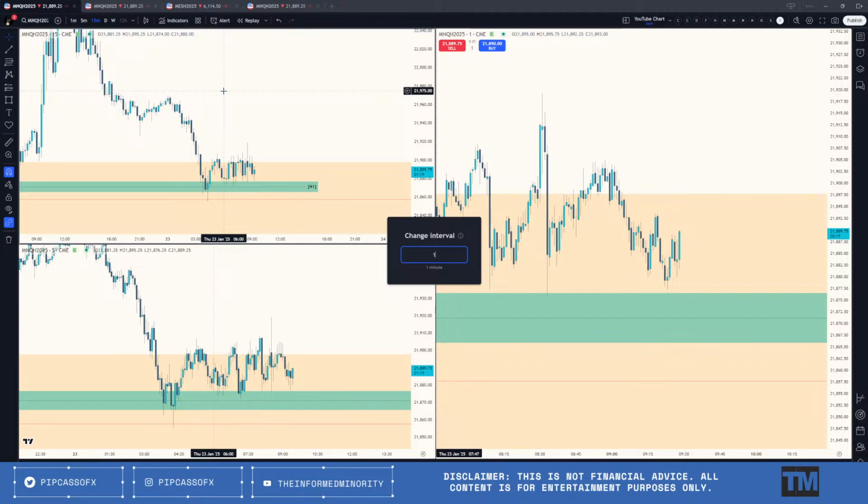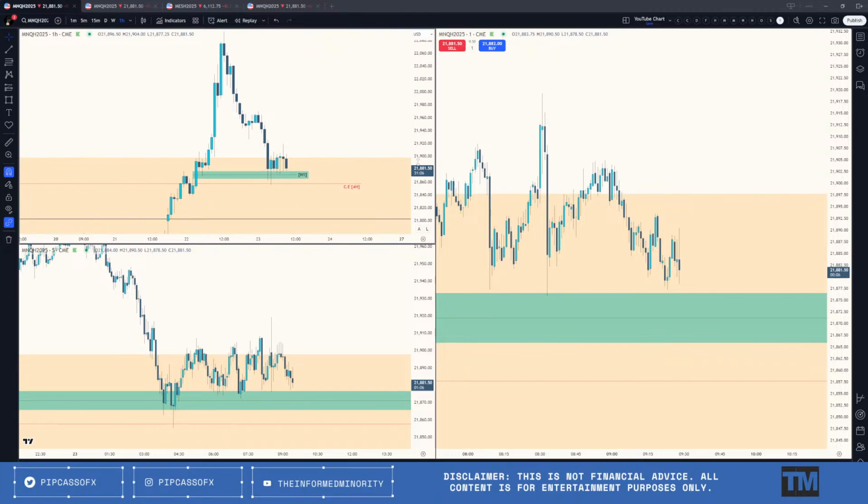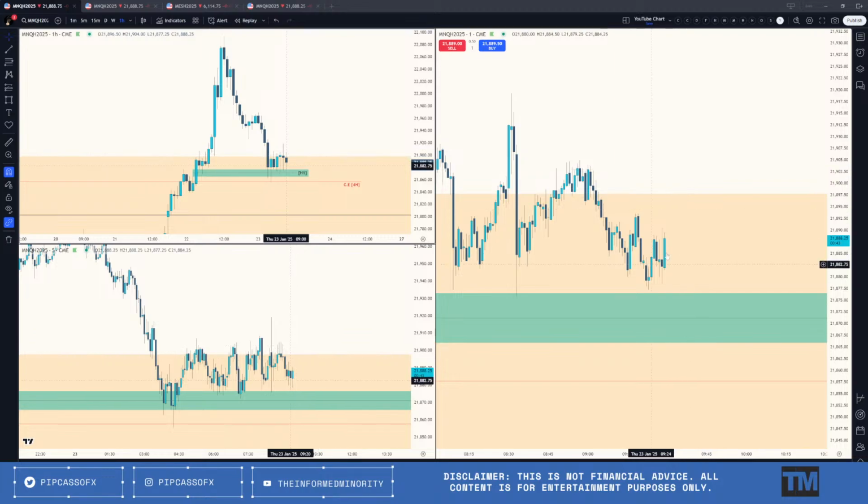I am noticing though on the 1 hour chart, this gap right here, I want to see us kind of inverse this. That would be what I'd want to see. But yeah, the breaker one is my favorite one. Breaker with the unicorn model, with the fair value gap. That's the one. Just wait for that one. I see. Yep. I haven't quite figured out how to get those yet. But they're nice. They're pretty nice.